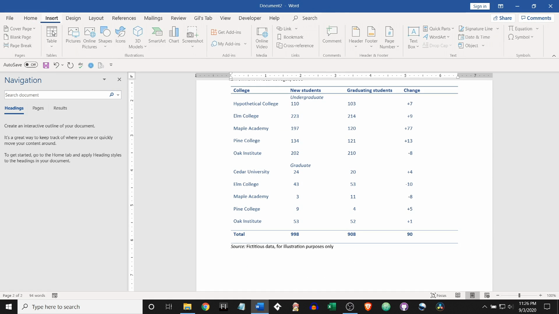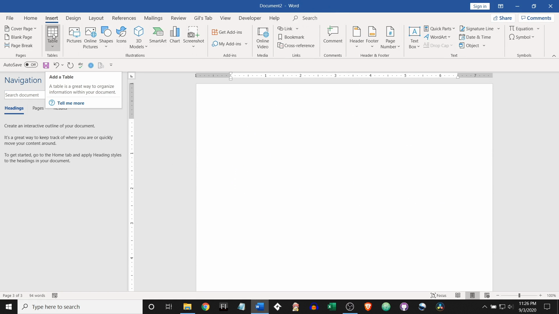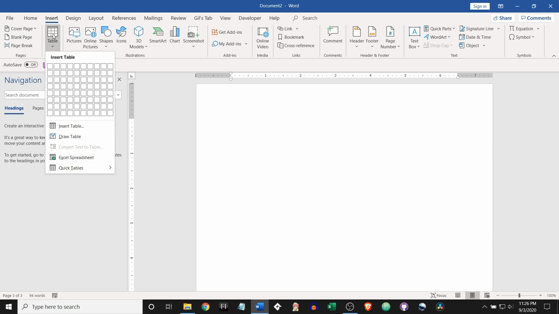So we're going to go ahead and page down again. Last thing we're going to cover in this video is Excel spreadsheets. So you can actually insert a miniature Excel spreadsheet into a Word document, and it does have the basic functionality of Excel. I will warn you that I found this to be a little bit unstable, but you can do it, and you can do calculations and stuff in your Word document. So you just go to the Insert tab, then Table, then down to Excel Spreadsheet,